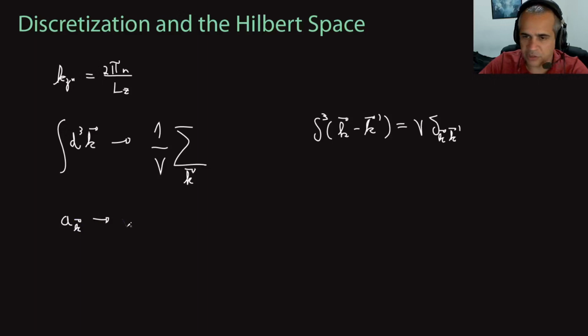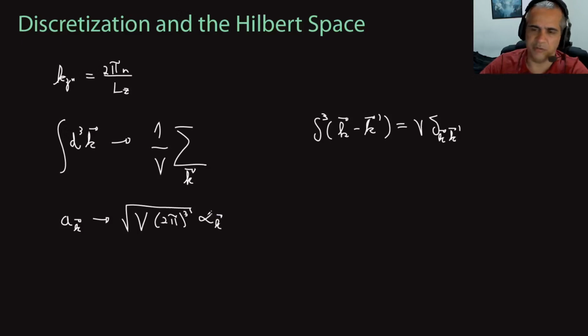Okay, so also I'll use the following definition in the discretized limit that takes care again of all the dimensions and other convenient factors, right? For the ladder operators A and A dagger, I'll write them in terms of alpha and alpha dagger. So do not confuse this alpha with something else, right? In here, alpha is just the same as the ladder operator, but in the discretized limit, and that's why it's convenient to have